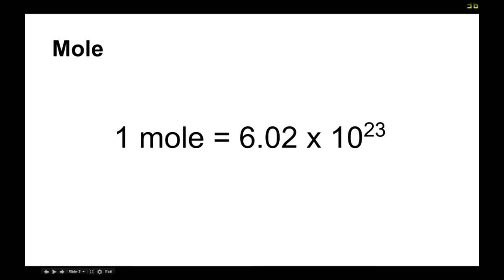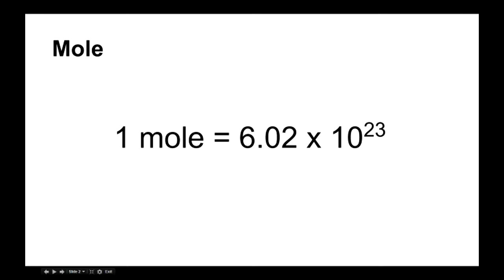My name is Rotimi Jasa, and today I will be talking to you guys about the mole. So, what is a mole, you may ask? Well, think of a mole as a representation of a number. Just like how a dozen means 12, the mole is a representation of the number 6.02 times 10 to the